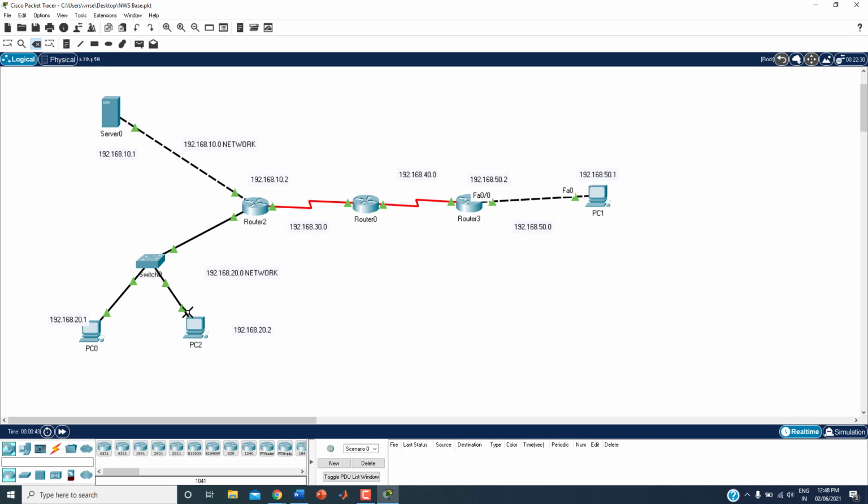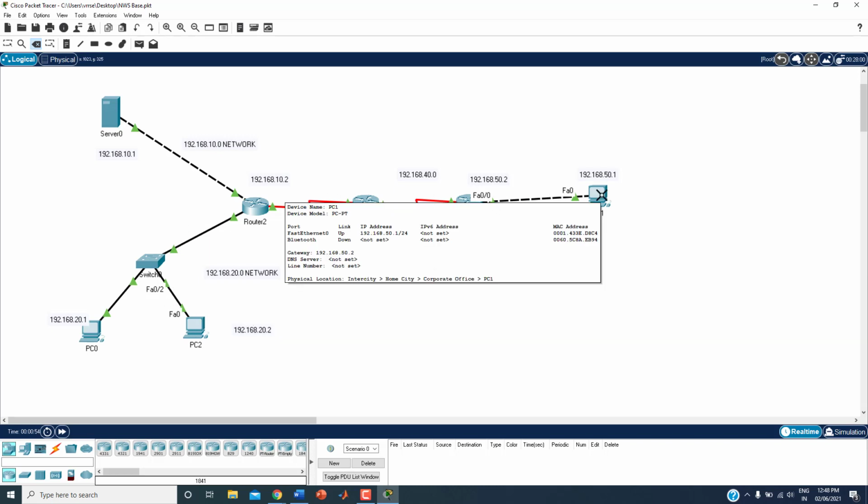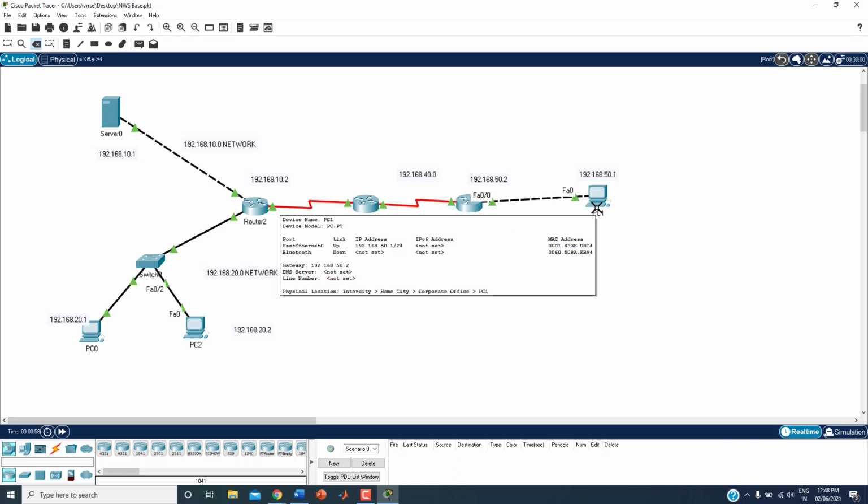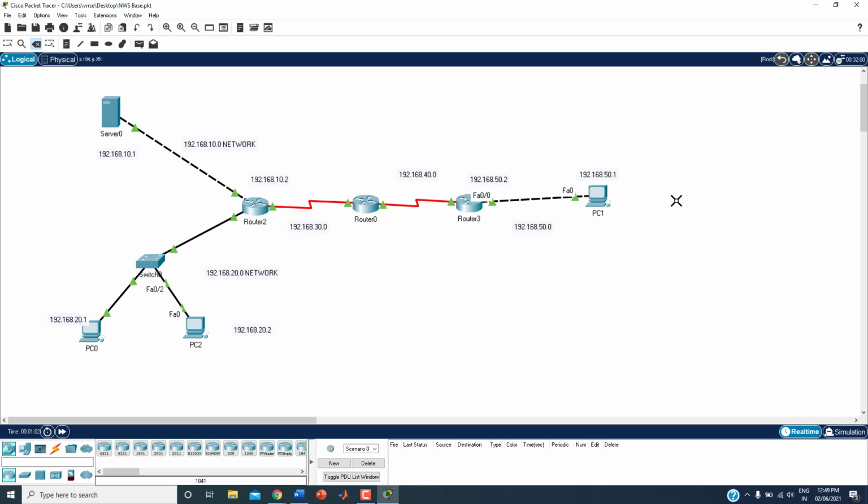So 4 echo request packets will go from here: the first packet, the second packet, the third packet, and the fourth packet. The 4 packets will reach the destination. Then from the destination you are going to receive the echo reply. So you will get 4 replies, 1, 2, 3, 4. So 4 echo reply packets will come. Okay, so that is the basic concept.